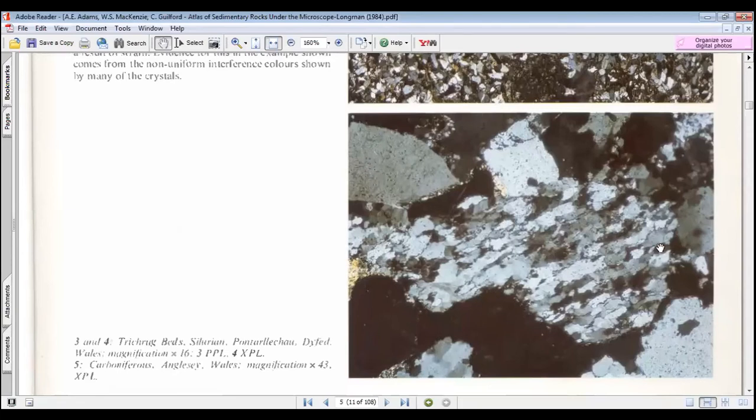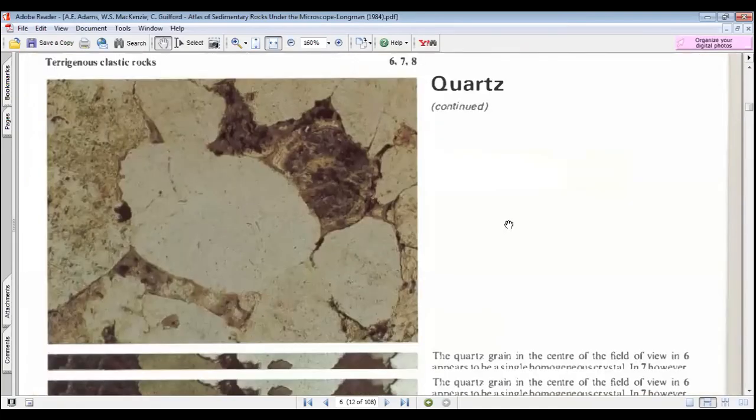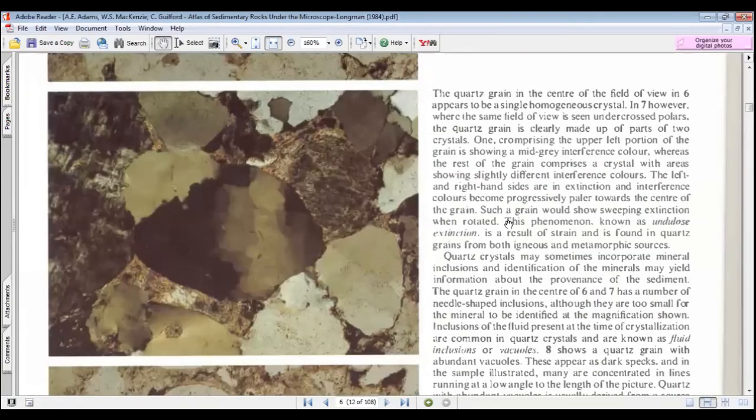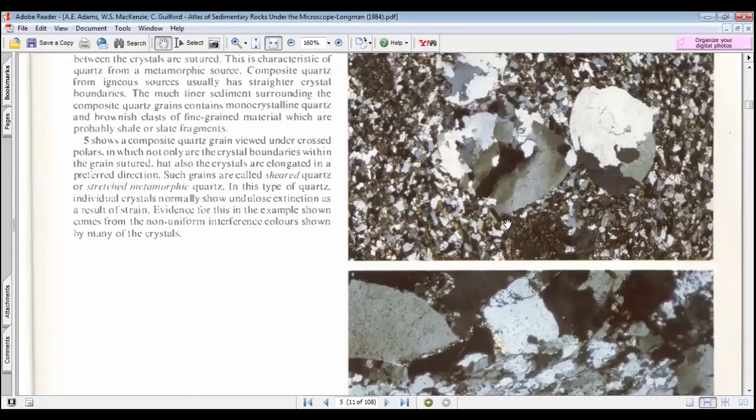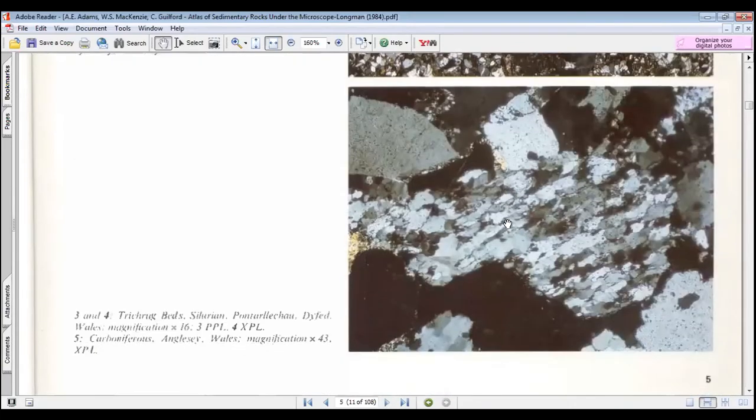Monocrystalline quartz is here, and this is all polycrystalline quartz. So these are some of the examples. We continue our journey for today. I think we are just going to introduce the quartz, and wrap up a little bit about the book. If you guys have any questions related to today's class, you can ask.